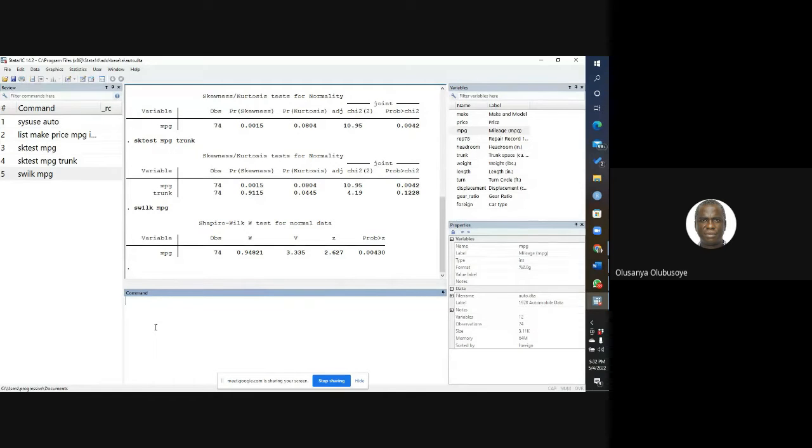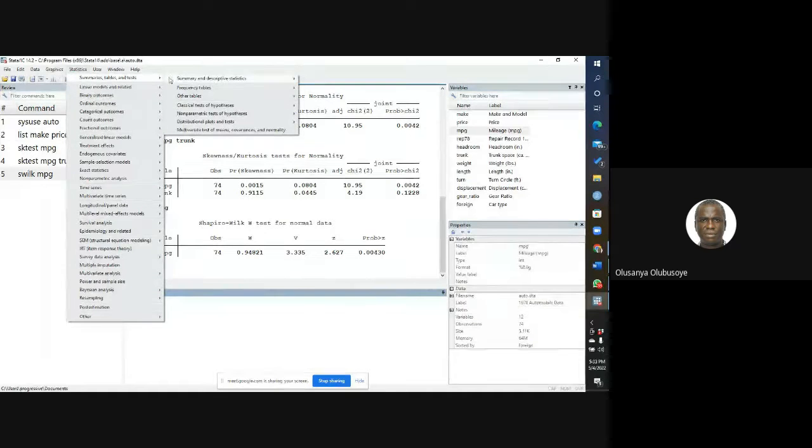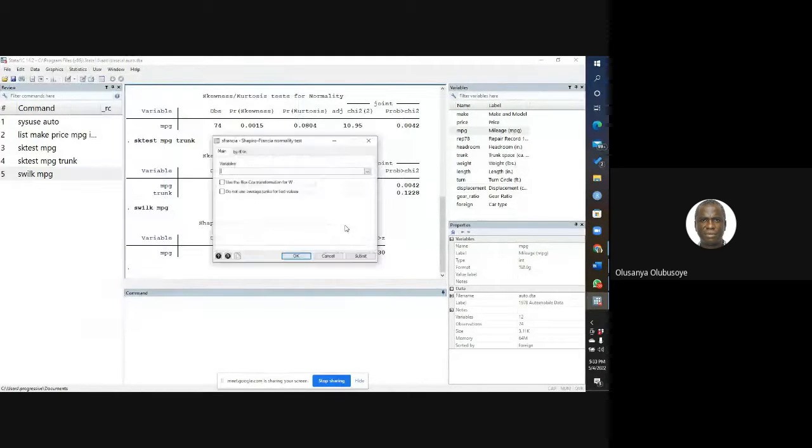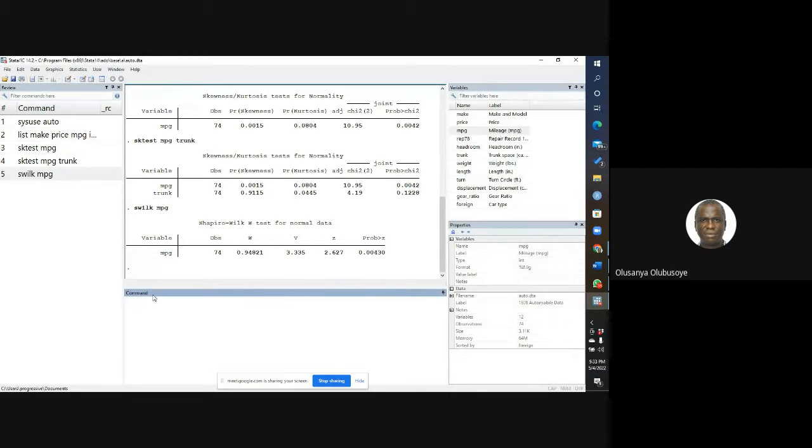That's the Shapiro. All the other code commands that I put there, please, you are the one that will run them on your own. So again, the Shapiro-Francia normality test is this. Let me also use the MPG and then let's test. Or you simply copy and paste here. So this is the command for the Shapiro